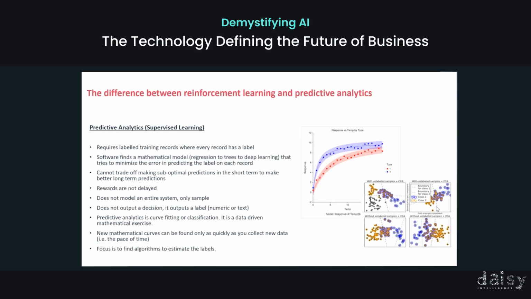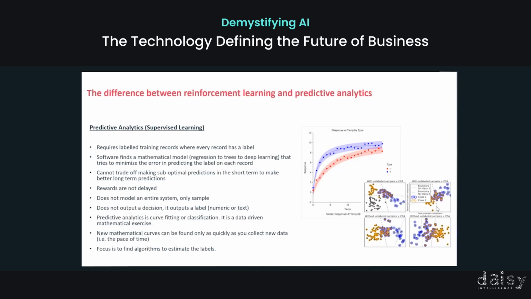And so in this case, you're trying to find a mathematical model, be that something complex like deep learning or a very simple regression model, a straight line, and you want to build a mathematical equation that minimizes the error on predicting the known records. So you can test this on the historical known records. Typically you can't do trade-offs. You can't say, let's do suboptimal for some number of records so I can do better for others. It's a greedy approach, typically, where you're trying to minimize that error for everything.